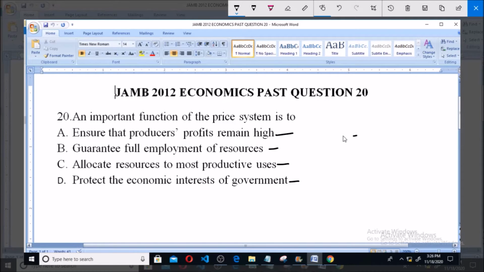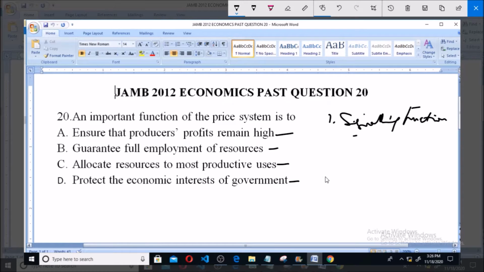Now the price system gives the ultimate decision to consumers as to what goods and services will be produced. Every time a consumer makes a purchase, it is like registering a vote in favor of the continuing production of the article. Now the price mechanism plays three important functions in the market. The number one function they play is the signaling function.